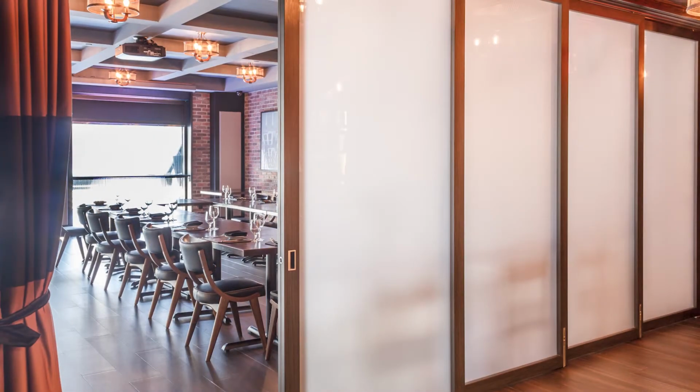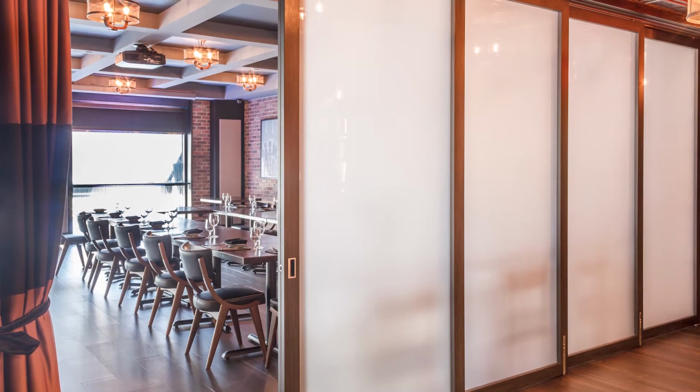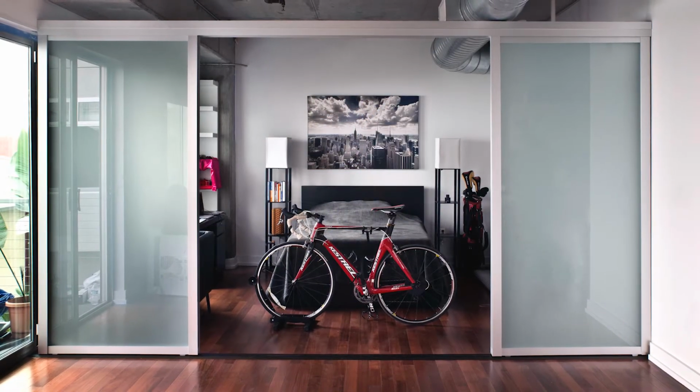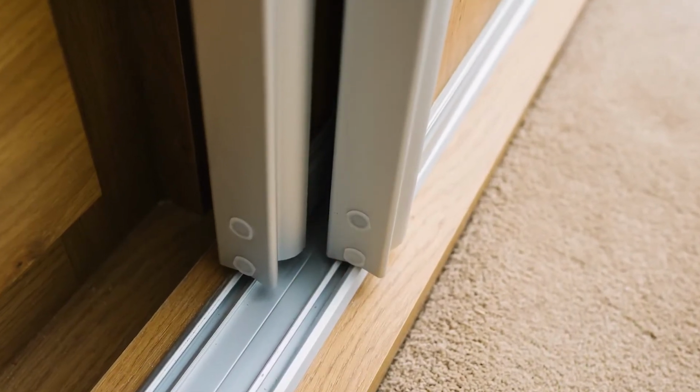Let's talk a little bit about the panel itself. Being patented means you've not only rethought the hardware that comes with it, but also the idea of how to make a door. I think initially, Raydoor's pure inspiration comes from making interior spaces beautiful, flexible, and private. And if you're going to pursue that as your main narrative, you really have to take a look at the entire opening. So when you see a sliding door and you move it out of the way and there's this run, this groove in the floor or an aluminum in the floor, it's a constant reminder that there's some division there, which is a limiting